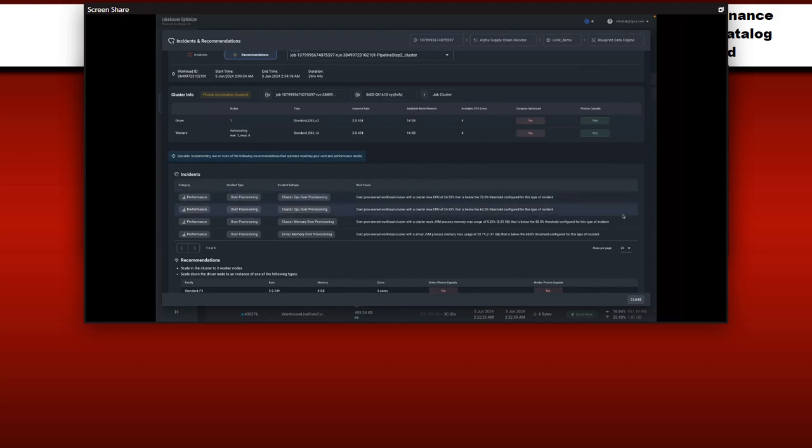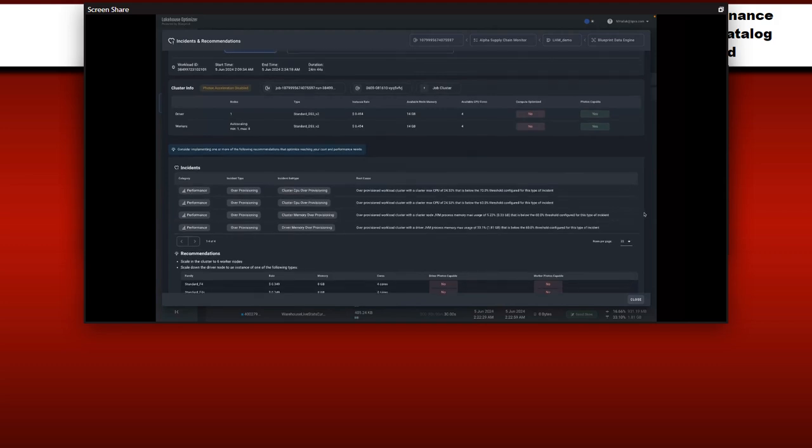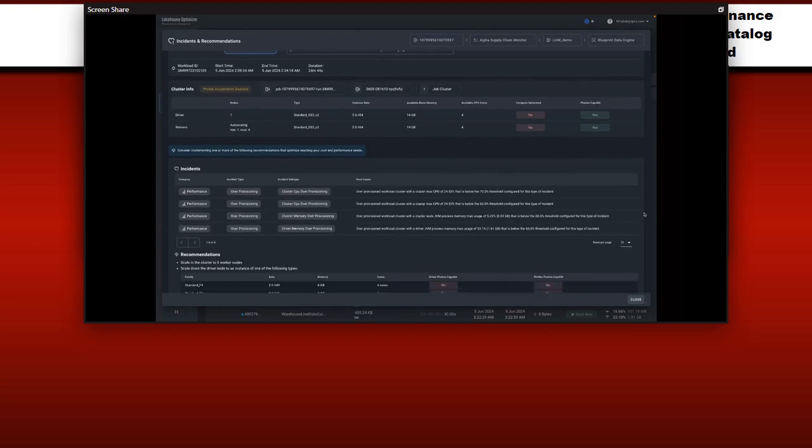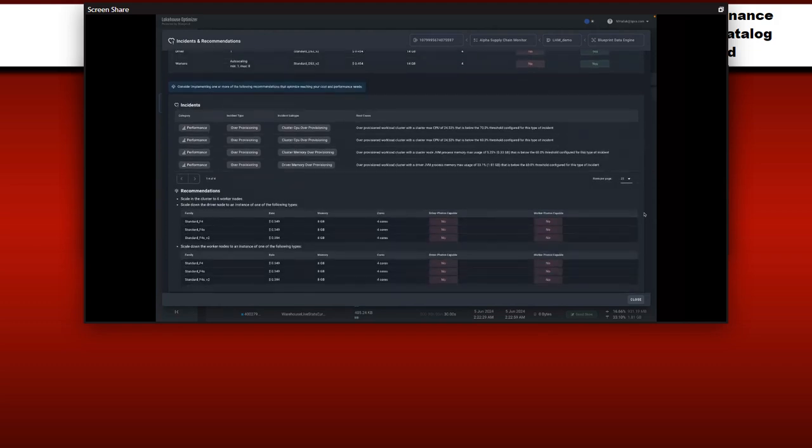Digging in a little further, we can see here more over provisioning on cluster memory as well as on driver memory. So it shows about 5% of the amount of memory is being used. We see up here about 24% of the cluster CPUs being leveraged. So generally, this is a great example and an opportunity where somebody provisioned this job and they ran it on too high of a set of resources than is actually needed to run it. So this allows us to then make some more prescriptive recommendations to make some improvements here.